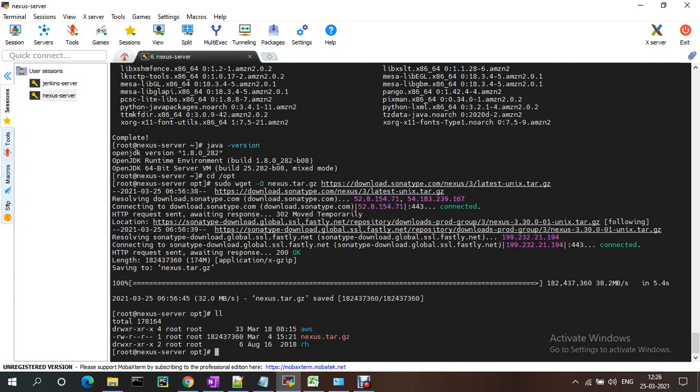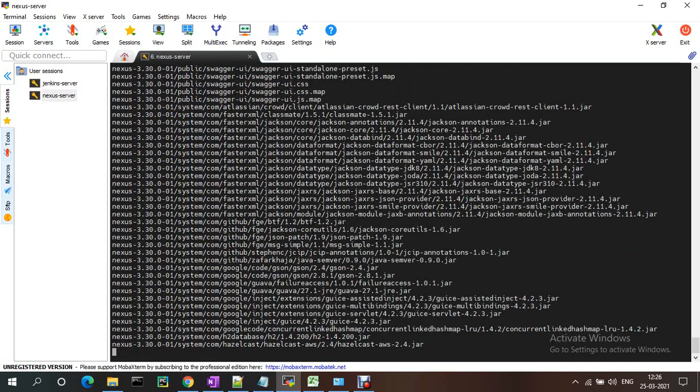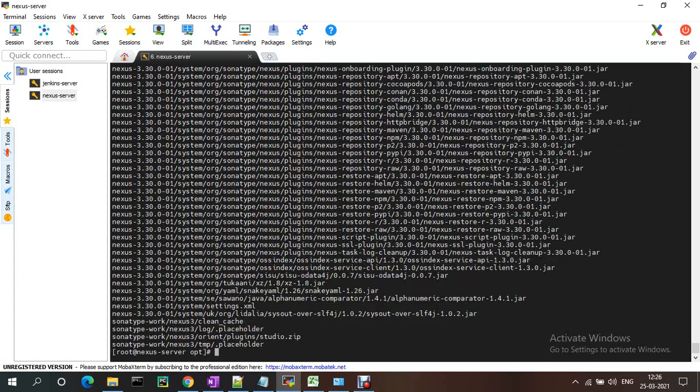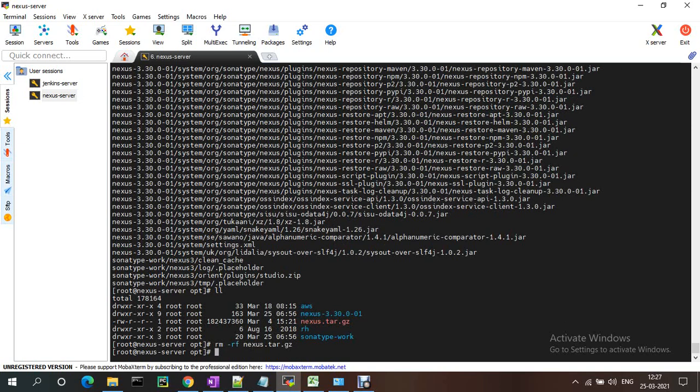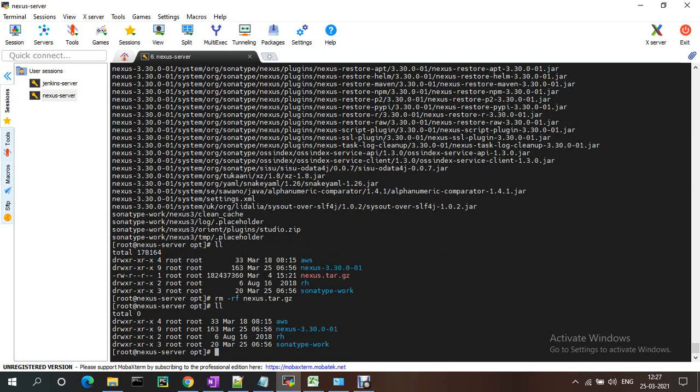I'm untarring that one with tar xvf on the Nexus archive. It will untar and generate two folders, one is Nexus and another is sonatype-work. Now I'm removing the tar file, and the tar zip is deleted.